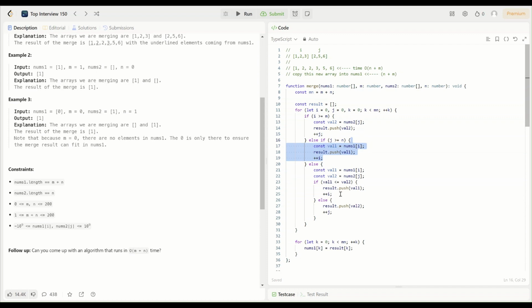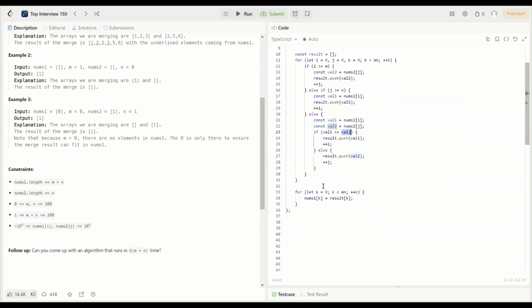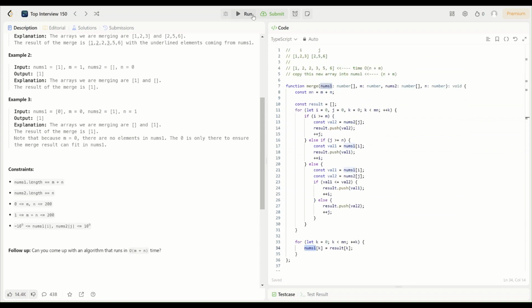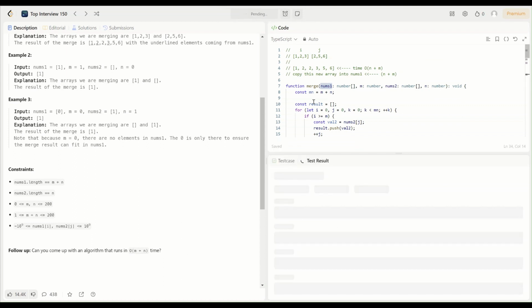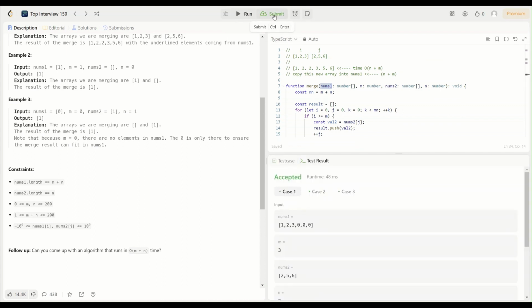We do whatever is here, here, and here, based on which of val1 and val2 is the smallest. And then we just update the original array. If we run this, that's accepted. And if we submit this,